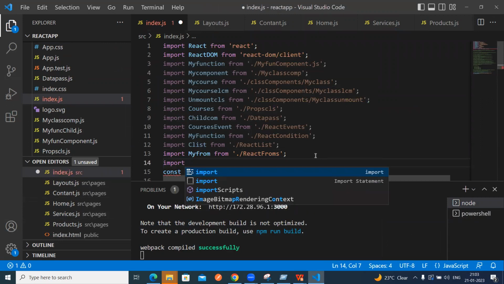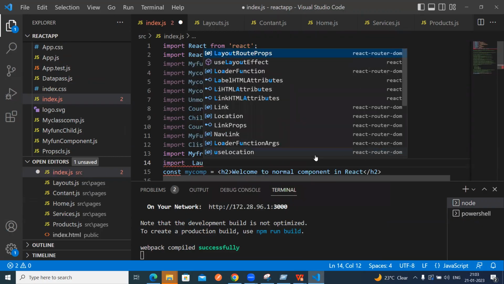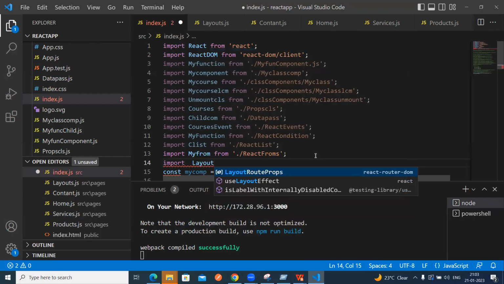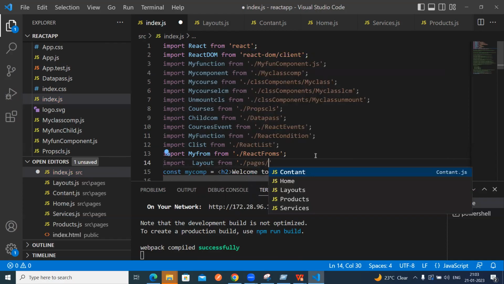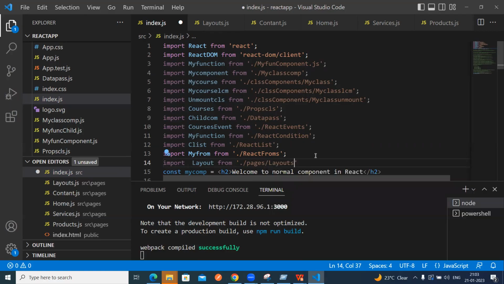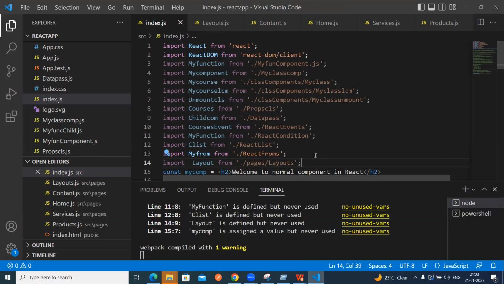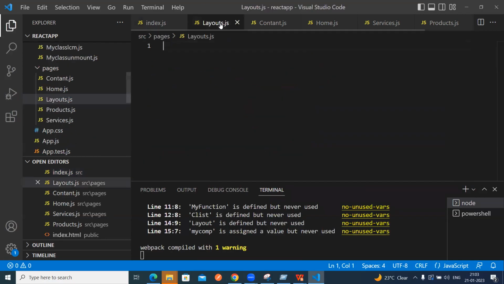Import. So first, layout from where it is, then slash pages, then layouts. No need to give that .js extension, just layout. Then you can go to layouts.js. Inside layout.js, we can place the